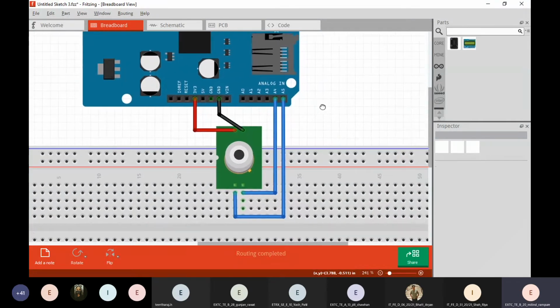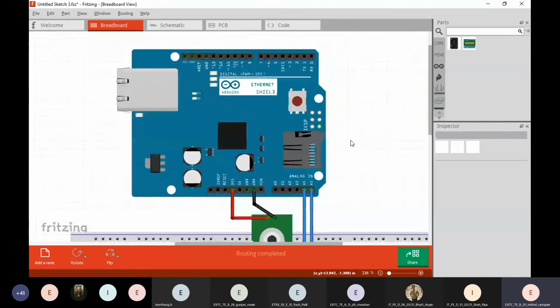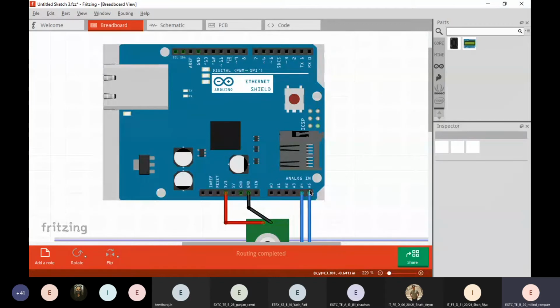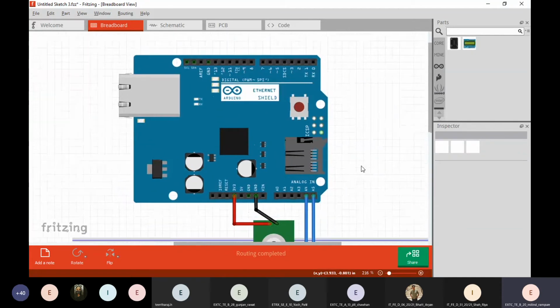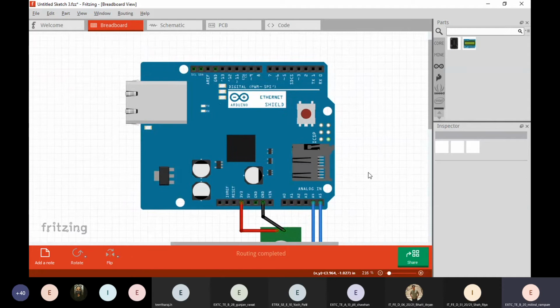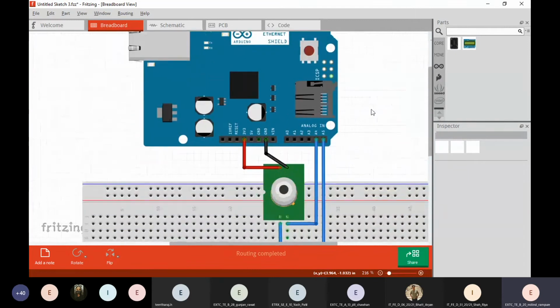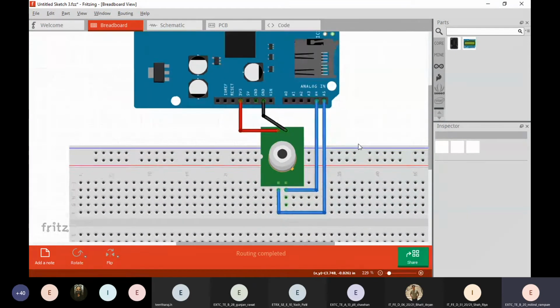So on the Arduino board, as you can see, there are two such pins, A4 and A5, which are I2C protocol based. So you can connect multiple sensors on these two pins. I will tell you how to interface many other sensors to it. But for now, let's study this sensor. Okay.